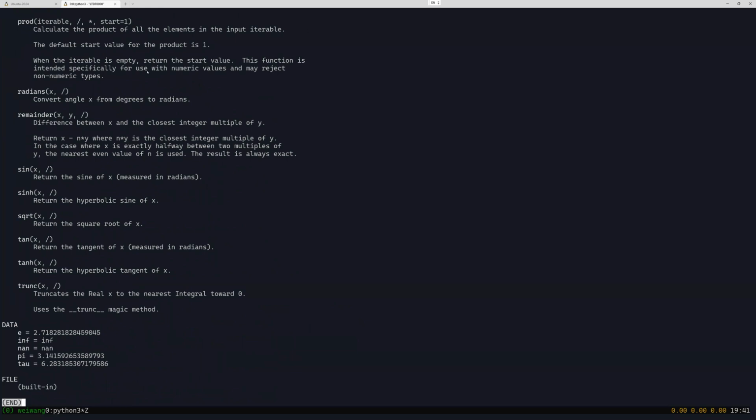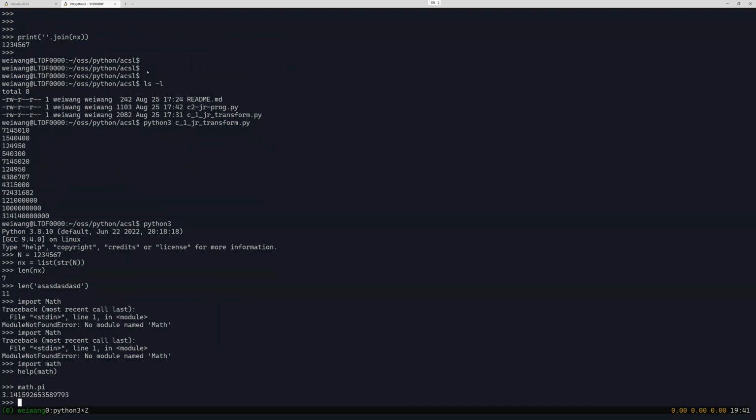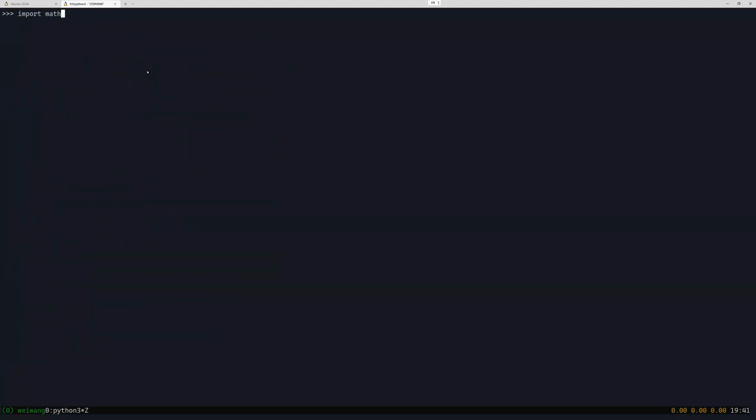But how you use that is, for example, math.pi. That gives you the value of pi, right? And E. Wait, so you have to add math? Right. That is a package that I imported here, with this statement. If it's inside a package,